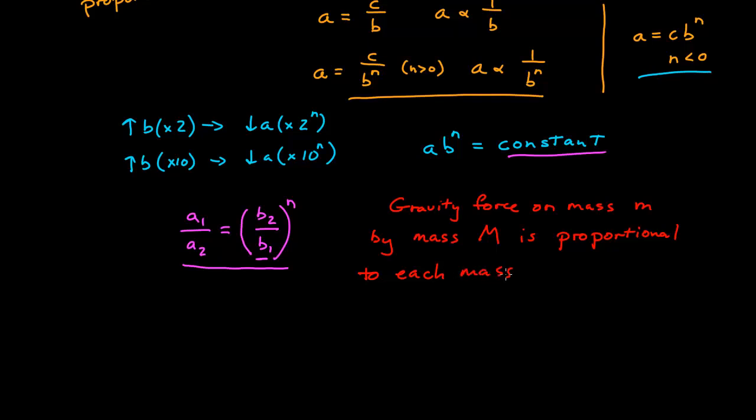We've done videos here where we've looked at gravity near the surface of the Earth, but this is now Newton's universal law of gravity, and you may not have seen this yet, but that's not important. So the magnitude of the gravity force on a mass m by a mass capital M is proportional to each mass,